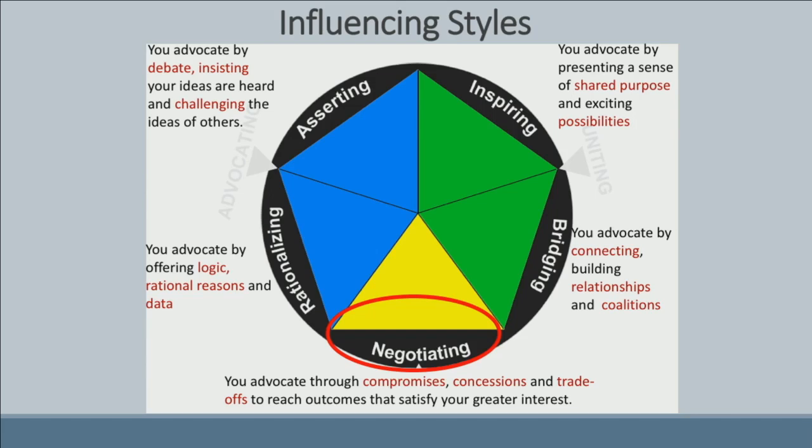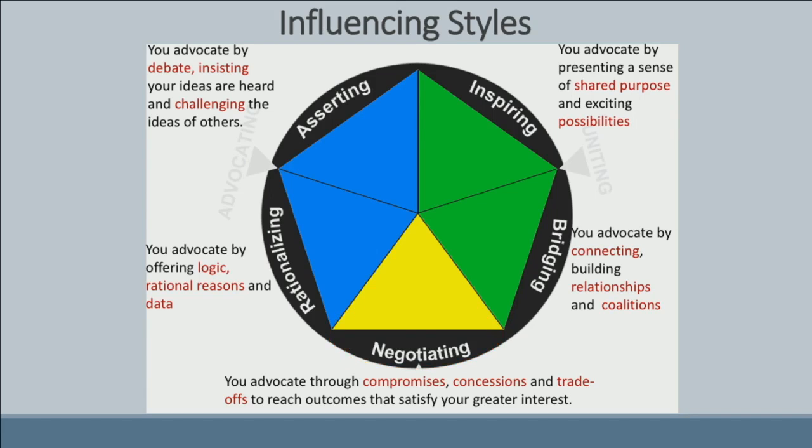And so the power is in the ability to hold a center and come to some decision. Negotiating really touches on all of the other styles without engaging in any of their extremes. I have some facts, like rationalizing. I have to put myself out there and say what I believe, but I also try and pull you to me and craft some middle ground, in addition to practically coming to some agreement. And so those are the five: rationalizing, asserting, inspiring, bridging, and negotiating.